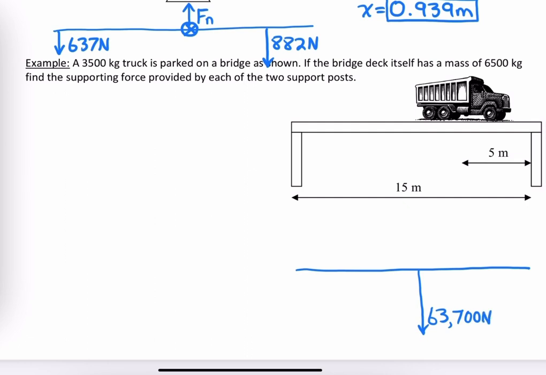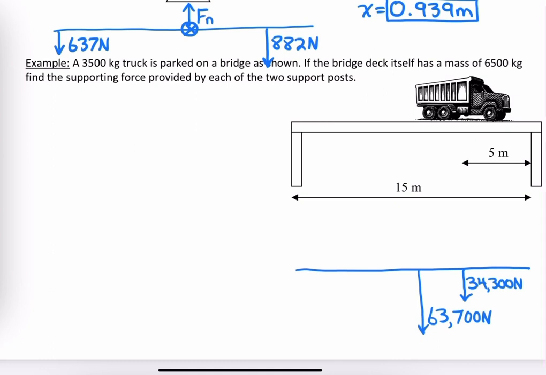Then we've got the weight of the truck. Truck's not quite as heavy as the deck itself. It's over here. It is going to be a weight of 3,500 times 9.8. So 34,300 newtons. And then I've got the two support posts, and those are both going to be pushing up, stopping